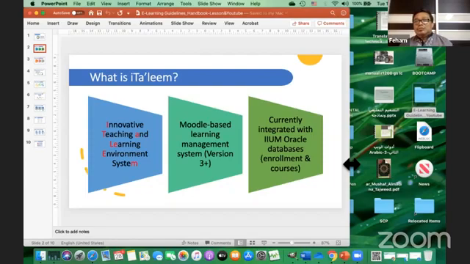So students need not register for courses in the e-learning platform, because it is synchronized with the university database for registration of courses and enrollment of candidature in the university. So that is iTaleem.